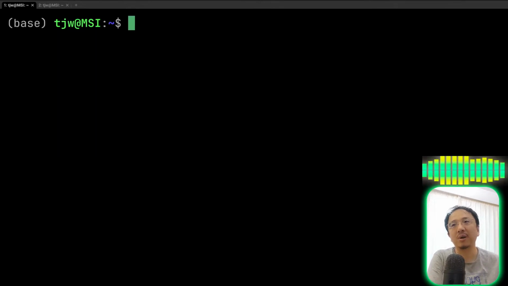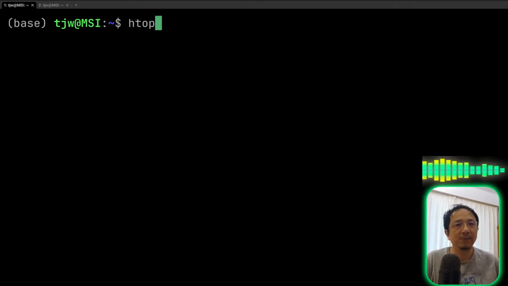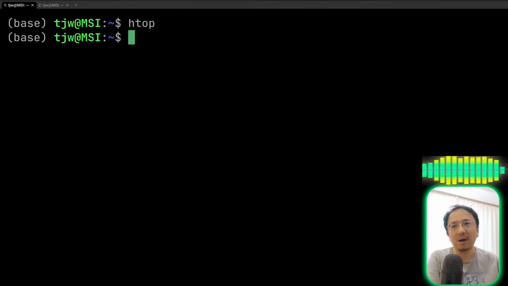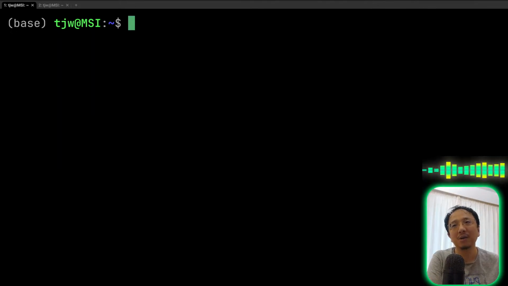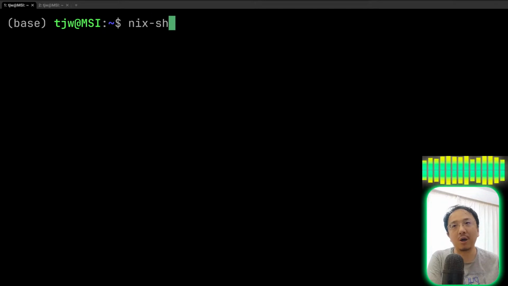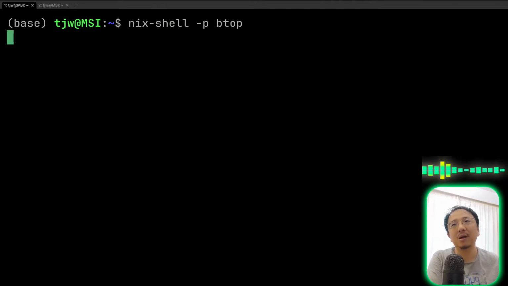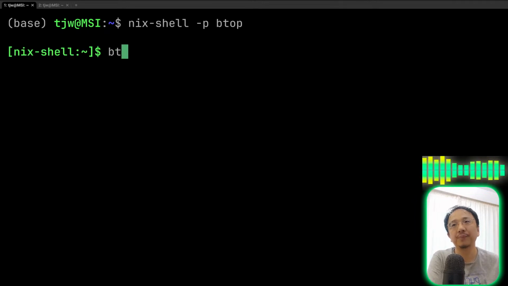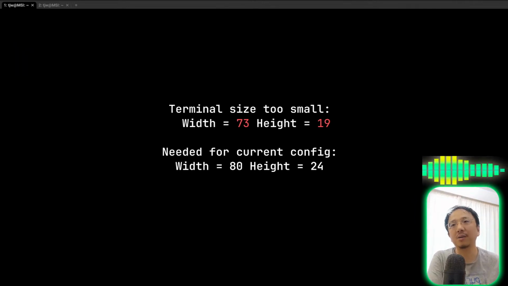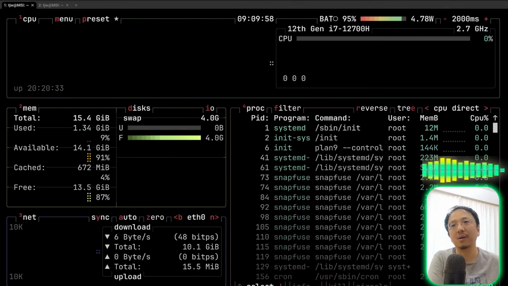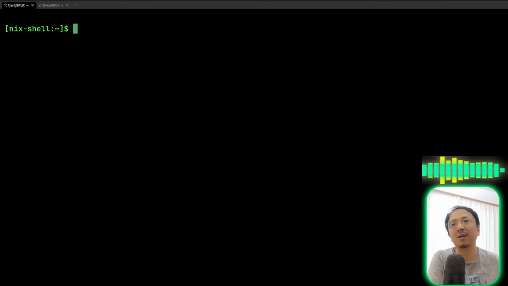Let me do it again, because on my computer here, I'm in Windows Subsystem for Linux. I have htop. I probably even have btop, but I don't think so. Okay, I don't have btop right now, but I have a Nix shell, and I can install btop. Okay, this is too small. And I can run btop and do a lot of things,